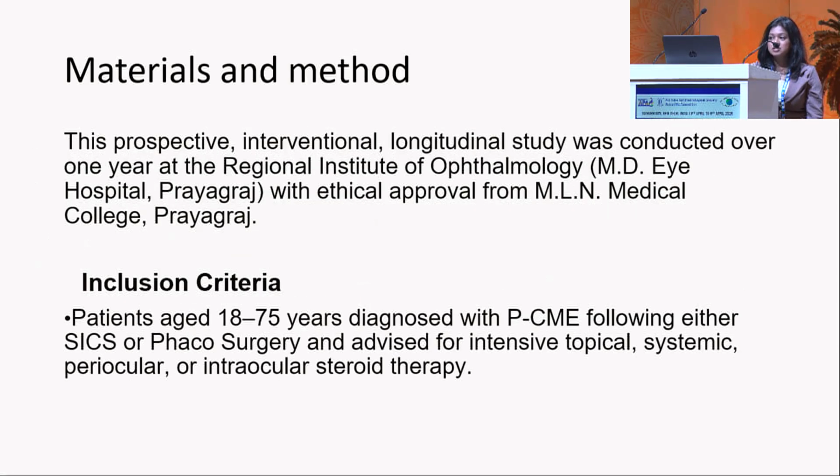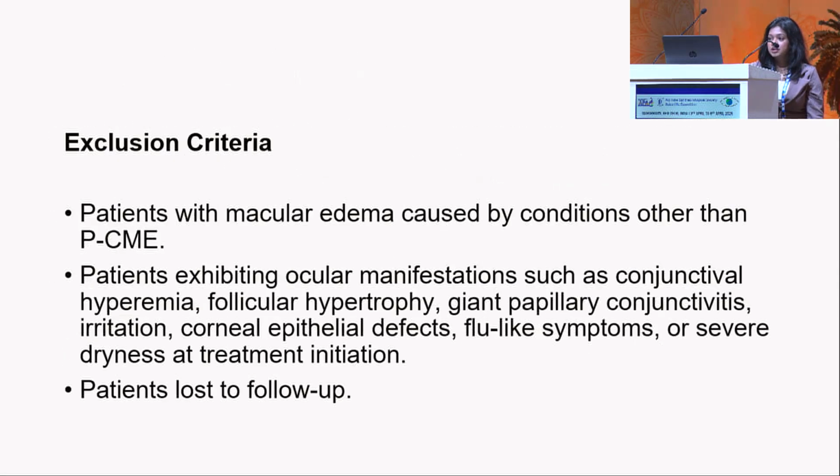Materials and methods. This is a prospective interventional longitudinal study conducted in Regional Institute of Ophthalmology in Prayagraj. Inclusion criteria: patients aged 18 to 75 years diagnosed with pseudophakic cystoid macular edema following either SICS or phacosurgery and advised for intensive topical, systemic, periocular, or intraocular steroid therapy. Exclusion criteria: patients with macular edema caused by conditions other than pseudophakic cystoid macular edema, patients exhibiting ocular manifestations such as conjunctival hyperemia, follicular hypertrophy, giant papillary conjunctivitis, irritation, corneal epithelial defects, flu-like symptoms, or severe dryness at treatment initiation,